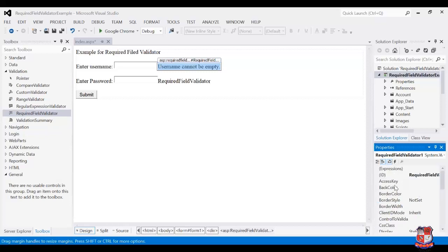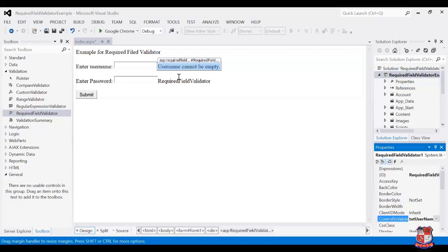The first property is ControlToValidate. Inside that property we have to give the id of the particular text box on which we are going to implement this validator. This validator is for username, so we select txtUserName, the id of the username text box.